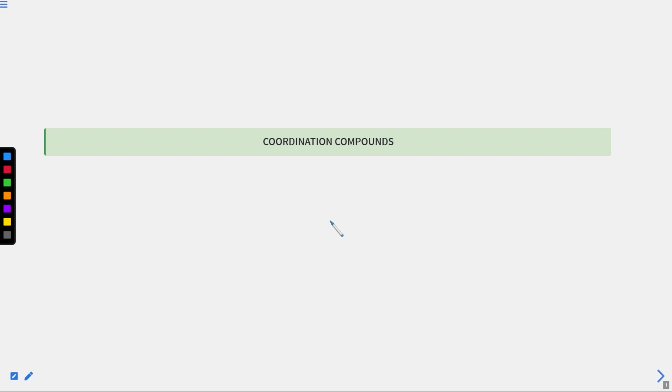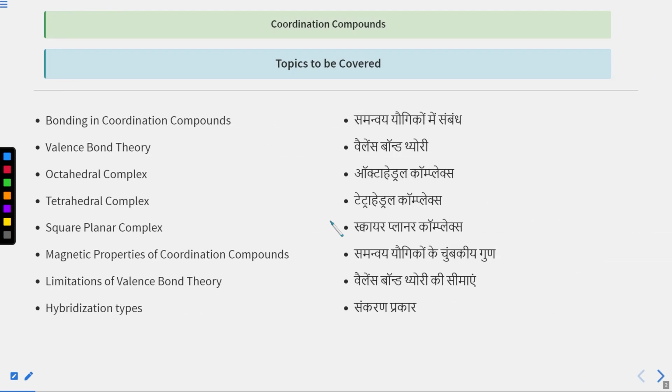Okay. So basically, there are various bonding theories that are given to explain the coordination compound bonding. The first theory that was given was of course Werner's, but Werner did not explain many things, like the shape of the molecule, the magnetic properties and all. So we introduced many theories later on, and the first one after Werner was valence bond theory. So today we will basically start bonding in coordination compound, in which we will see valence bond theory,